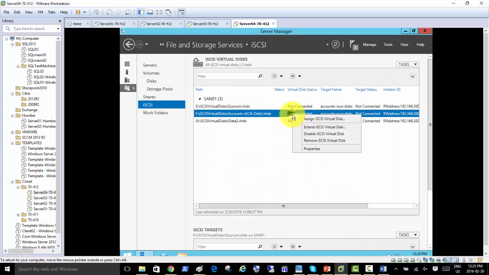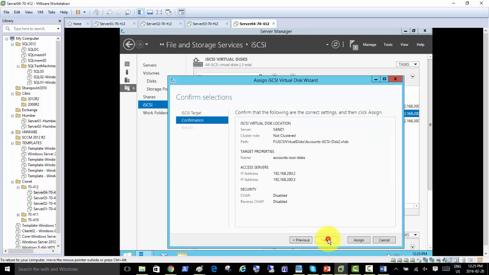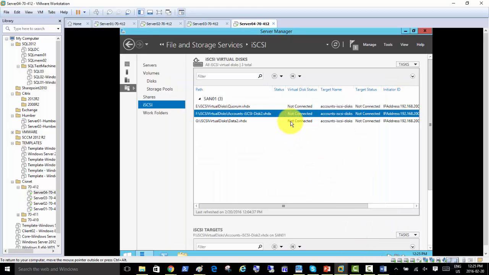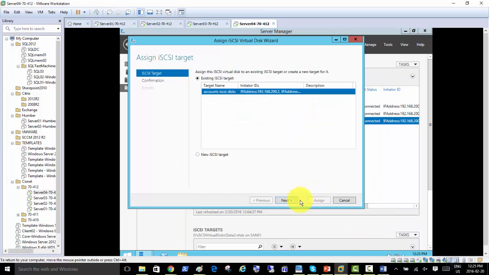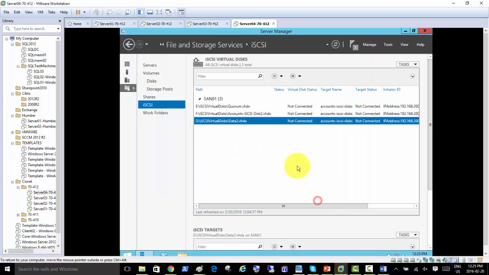Then again, second disk, assign. Yeah, these two specific servers. Next, assign. Close. Third one, again, assign. Specific servers, assign. Okay, close. We are done now. If everything was good, let's go to the other servers and start the initiator, iSCSI initiator, as I started for